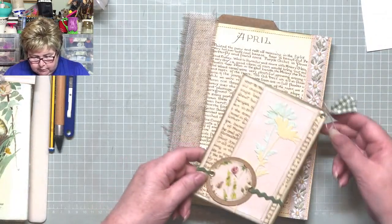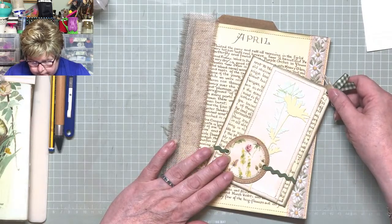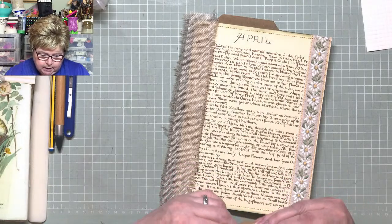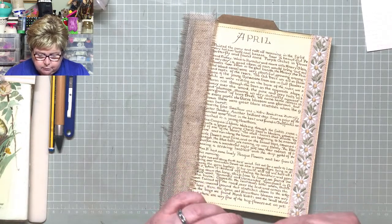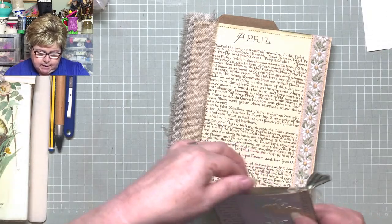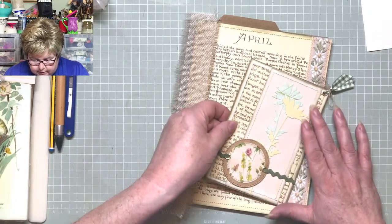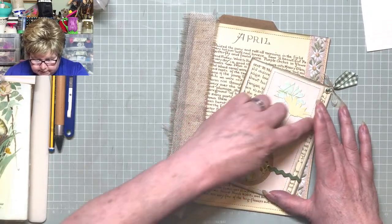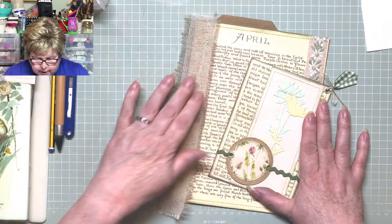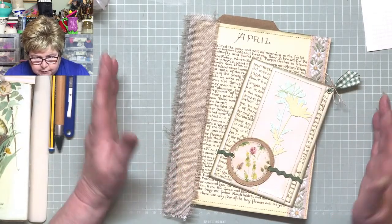I just put that there to give you the idea that that's kind of what's going to happen. And then on the front, we're going to have this envelope. That's what it is. It's an envelope, which opens at the top. It opens there, so we can put something in there. And if I stick it on so I only stick down there and along there, we can put things behind it as well. So this idea borrows heavily from